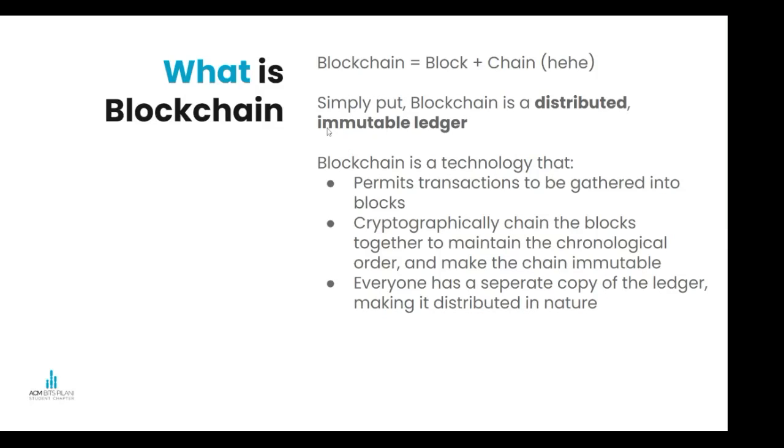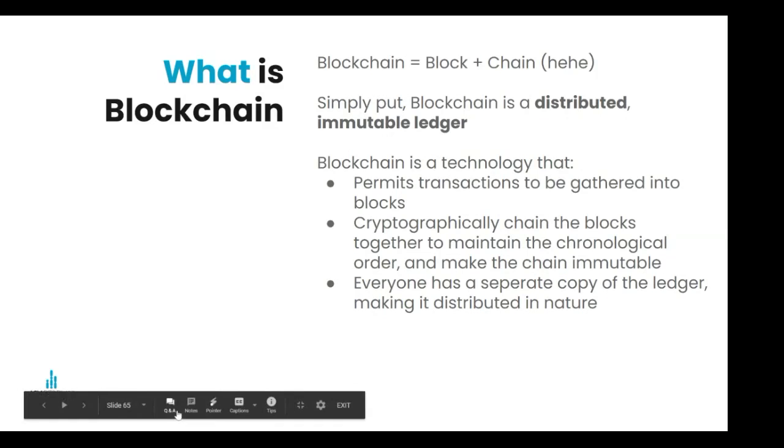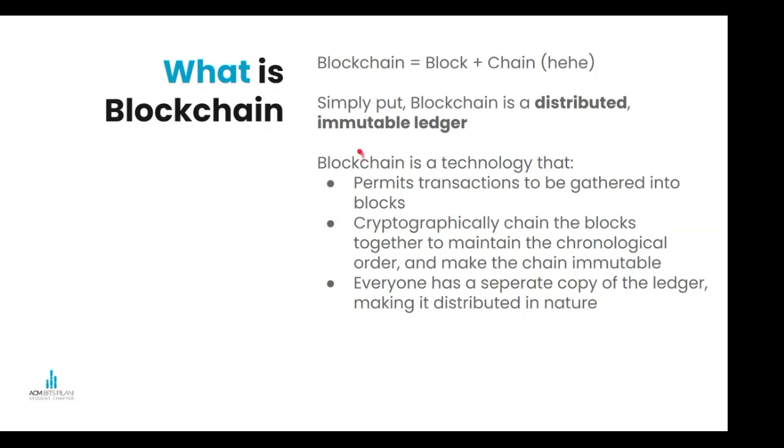Another important thing is that it is immutable, which means that once a transaction is recorded in the ledger, the transaction cannot be rewritten or changed. The details of the transaction cannot be changed. This is a pretty important property for many applications. Also, it is distributed. That means that the data is not stored on one computer, and one entity does not have the entire control over the data, which makes it more transparent and more accessible.